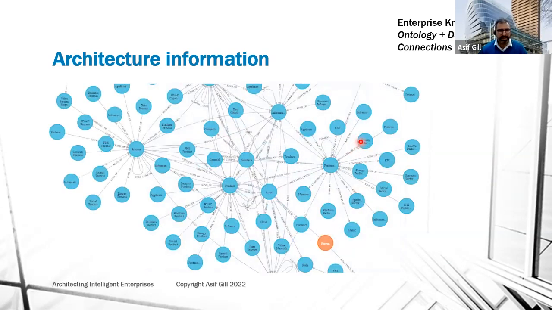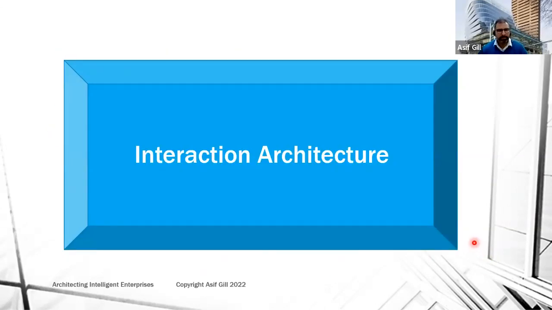There's a more extensive example of that. Here I expanded that knowledge graph, and you can see that a lot of other concepts could be added and instances could be created, and those instances could be mapped to the actual data sources. So that was about the architecture approach so far: using architecture as information, and also using analytics, machine learning, conceptual modeling, data modeling, and other things to represent your architecture information.